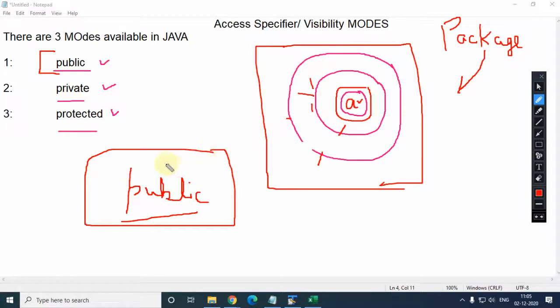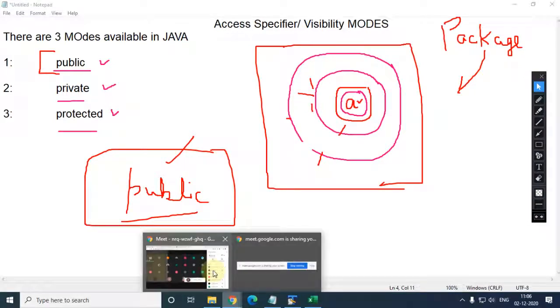Am I clear? So if you are declaring anything like public int b or public int a, that particular variable is accessible throughout the same class, other class, or from any package. Now the next is, any doubt here, बच्चों? Sir, a public thing is accessible only in the same package or through various packages.